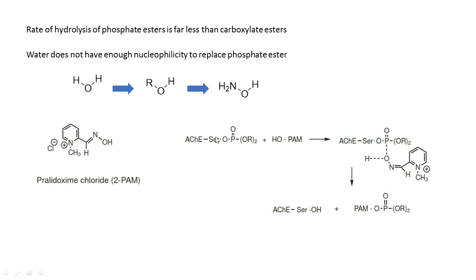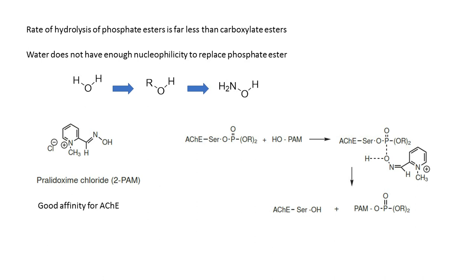The acetylcholinesterase enzyme serine is now phosphorylated, so that will really react with pralidoxime. PAM means pralidoxime, the hydroxy group. Now it attacks, because it is a stronger nucleophile, so thereby the phosphate unit will be transferred from serine to pralidoxime, and the acetylcholinesterase enzyme is now regenerated. So this is a nucleophilic substitution type of reaction, and pralidoxime is a very powerful agent and highly effective. So this is the drug of choice for organophosphate poisoning.